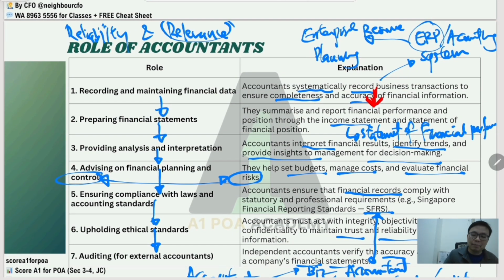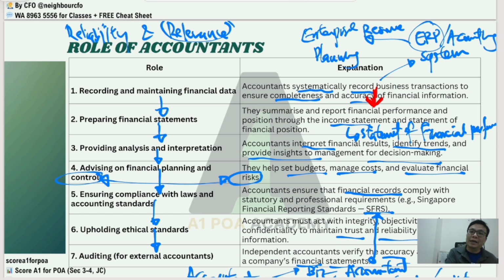Let me give you an example of relevancy. Relevancy is when you record a non-business transaction, maybe a department outing where you spend your own pocket money to have meals together and go for a movie. All these costs are not business expenses, but you record them into the ERP or accounting system. And this is totally irrelevant.